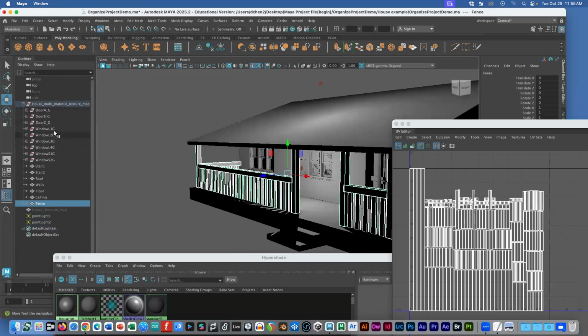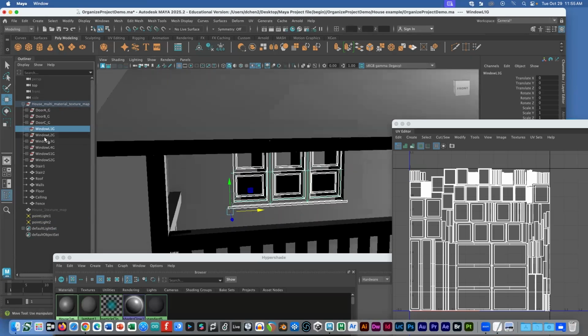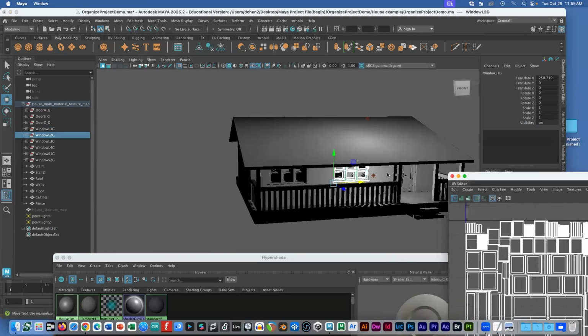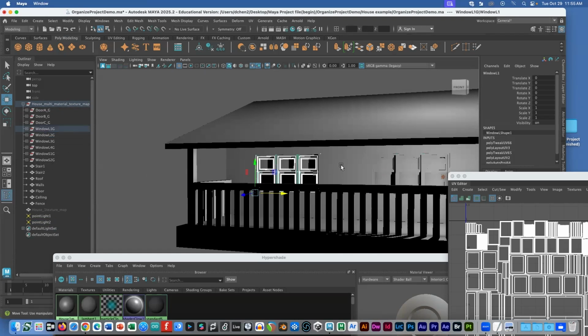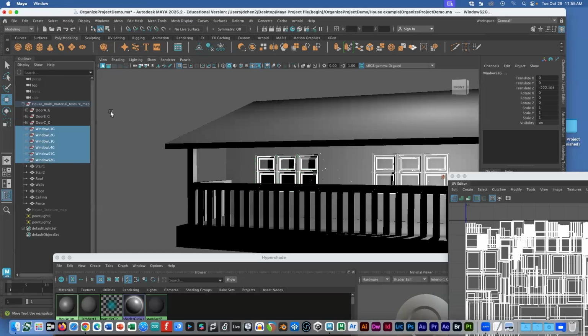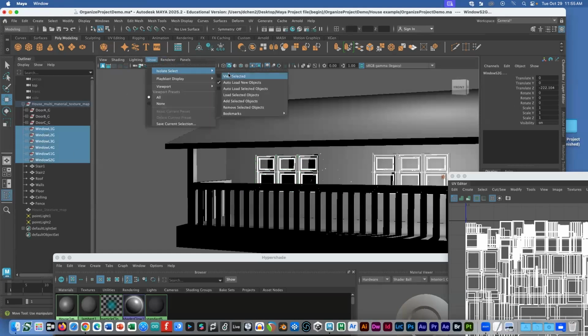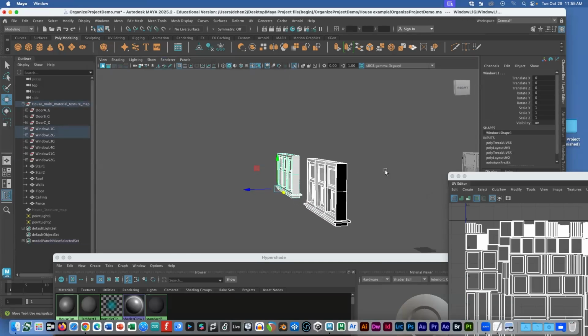And then let's take a look at the window. So I have a lot of window objects, okay? And it doesn't make any sense to keep them all separated, because all of the window frames are going to be one material. So the material is going to be window frame, okay? All of the glass will be one material, so that's going to be the glass. So what I'm going to do is select all of the window frames first. Here I can just show the windows. Okay, so here I can select all of the window frames